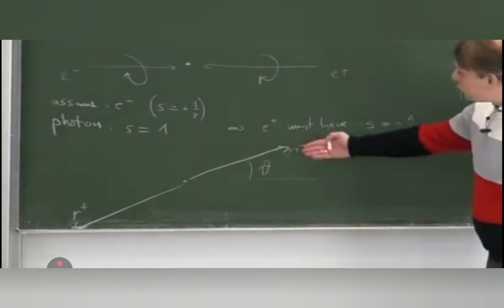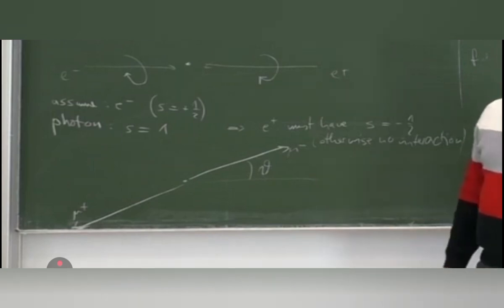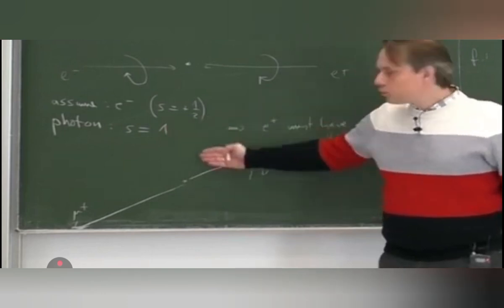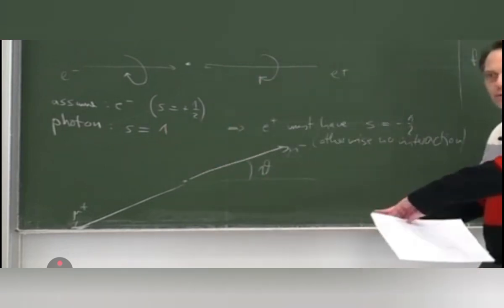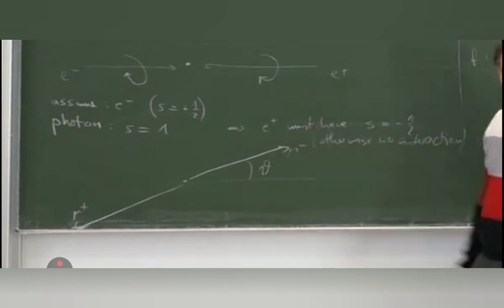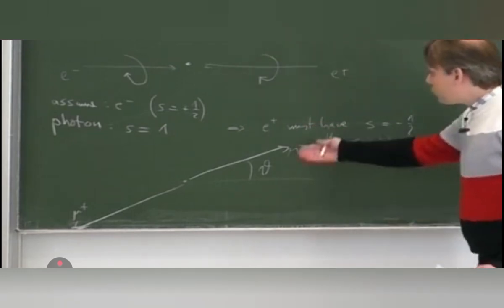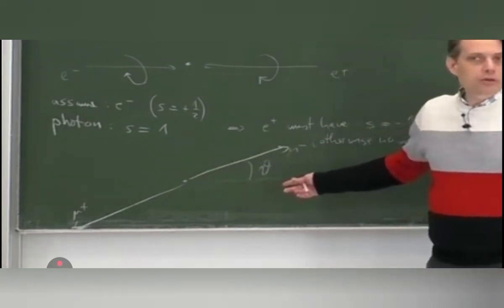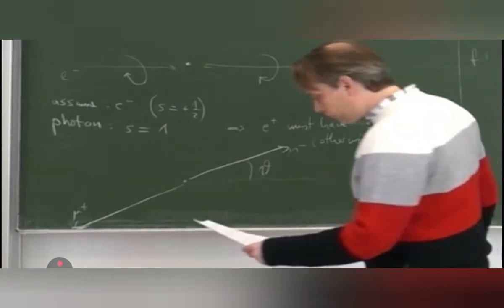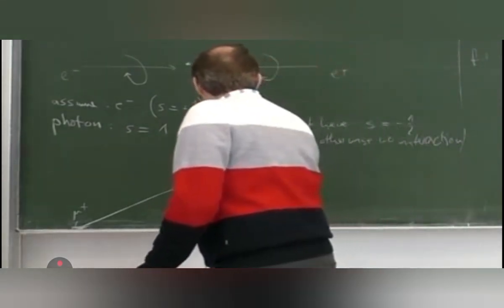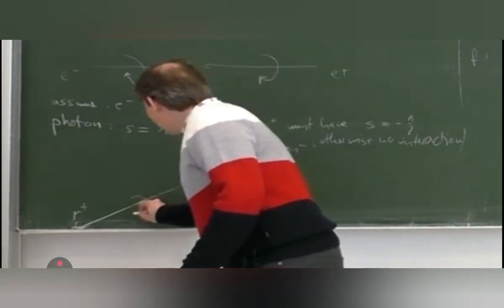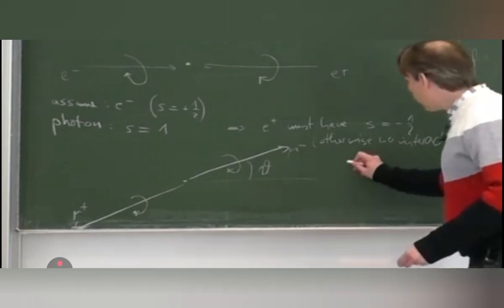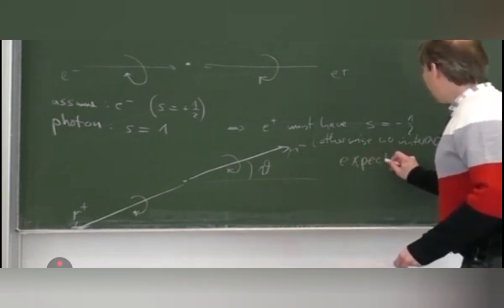And so now what do we expect for the helicities of mu plus mu minus? First of all, they must come from a photon with spin 1. Therefore the same argument is valid also for them. So they must have opposite helicities. Which ones we don't yet know, but for sure the helicities must be opposite. Otherwise, again, the interaction is 0 and they cannot be produced. So let's say they have some opposite helicities, for example, that one here and that one, but that is now just an example. We don't know yet what helicities they must have, but let us write down some expectations.